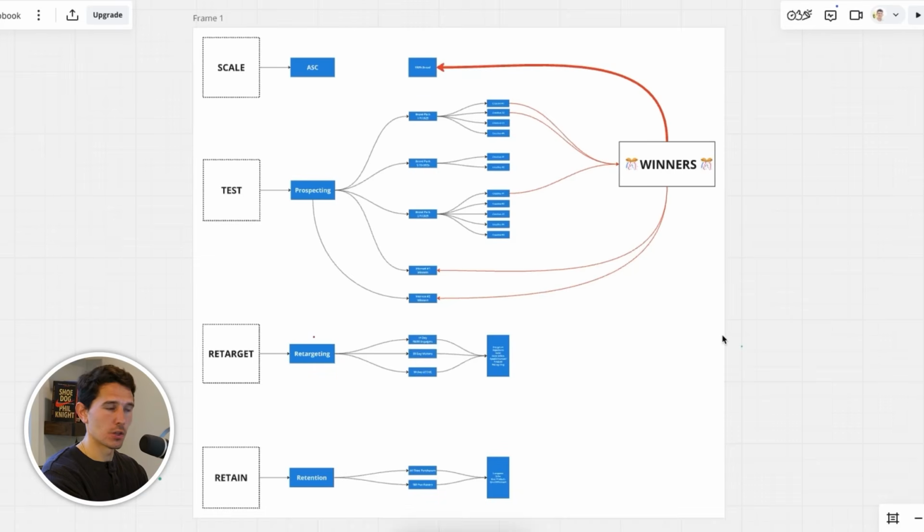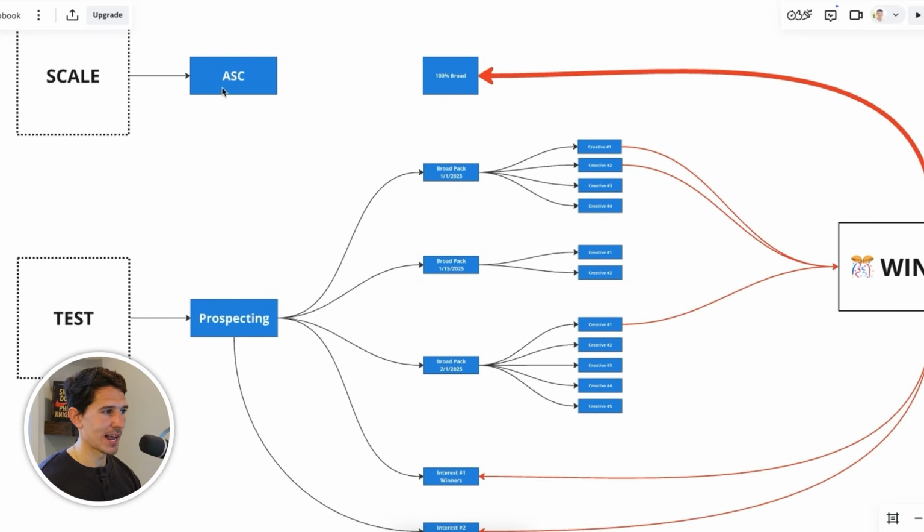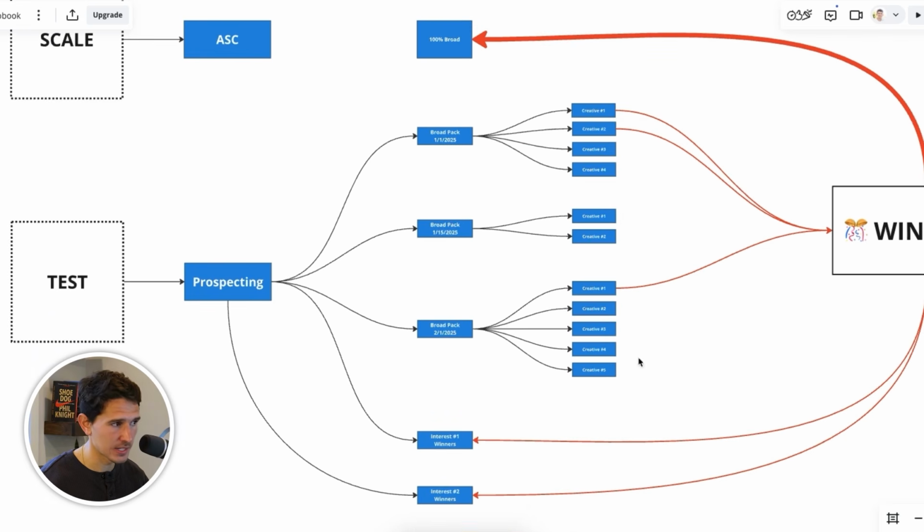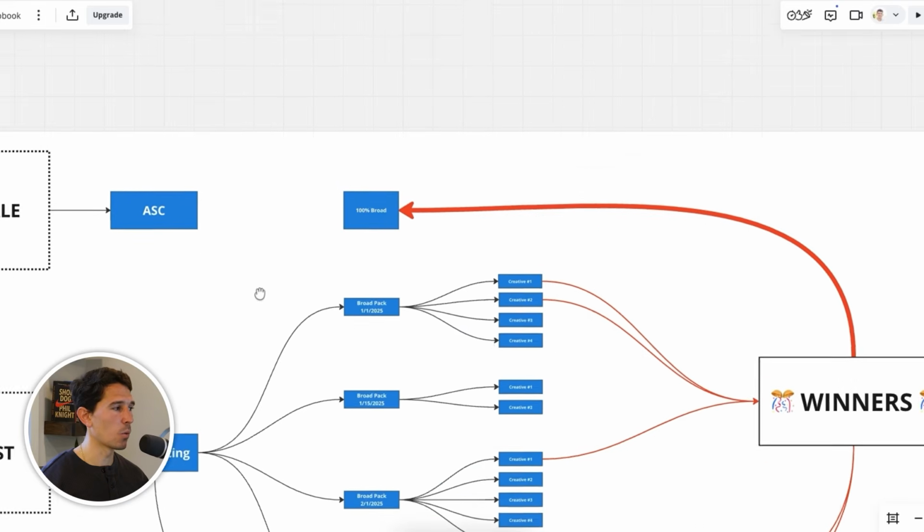videos, which I'll link down below, I have showed you this flowchart. This Facebook ads flowchart is how we run our accounts. We have an Advantage Plus scaling campaign at the very top, which is 100% broad. And then we have our primary prospecting CBO in the center of the account. The thing that you need to understand that is going to change is there may be a world where we